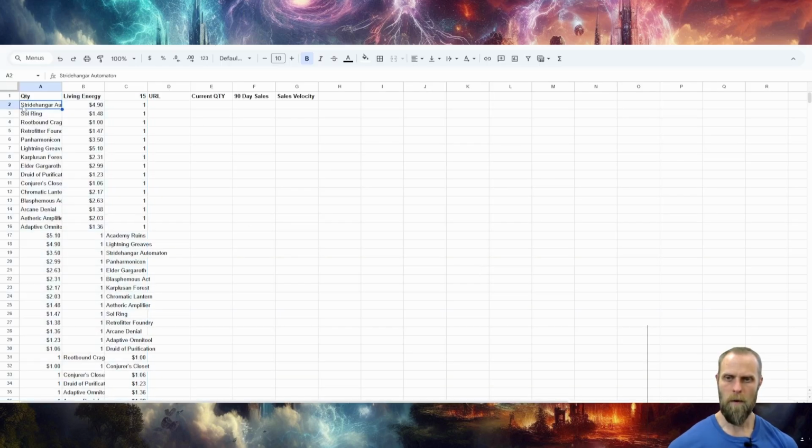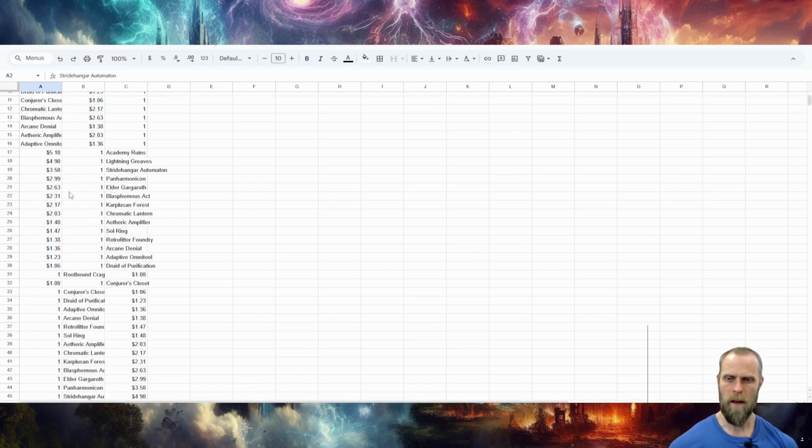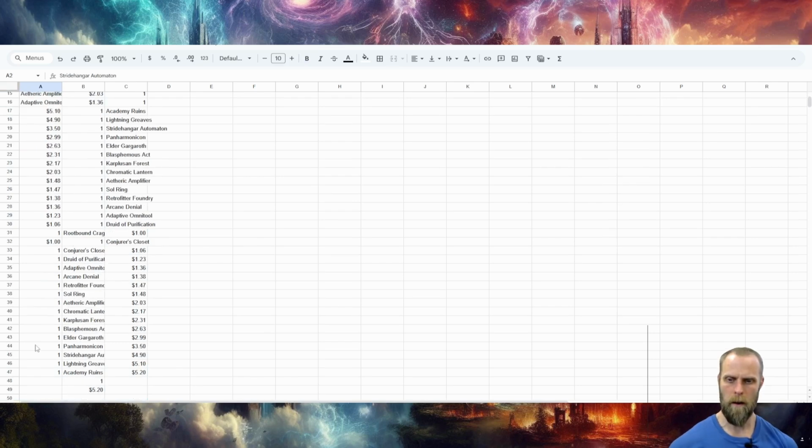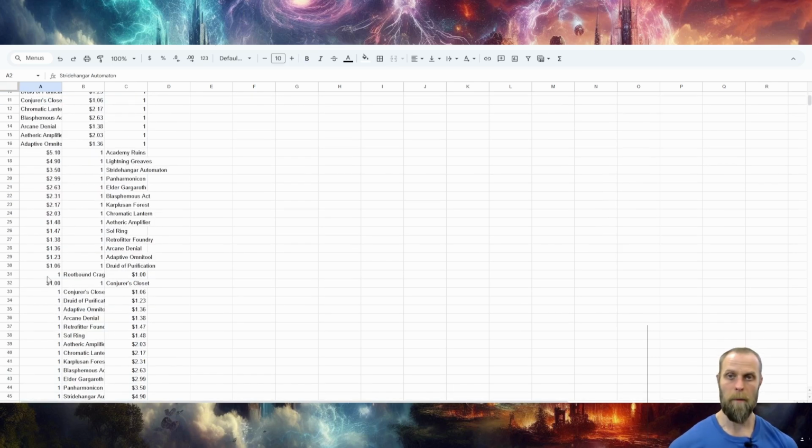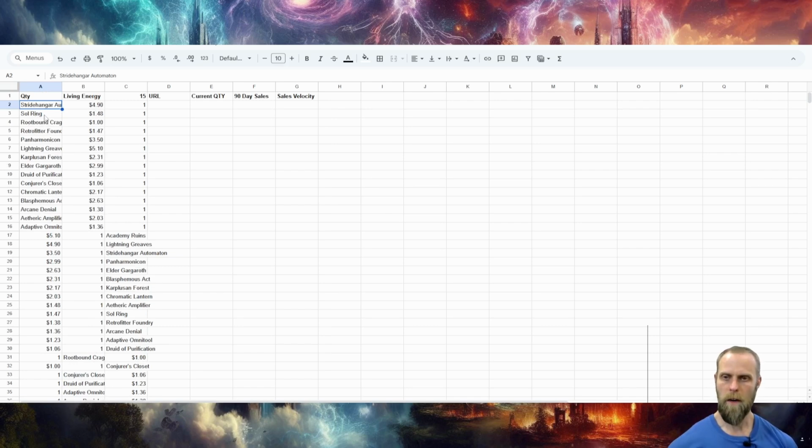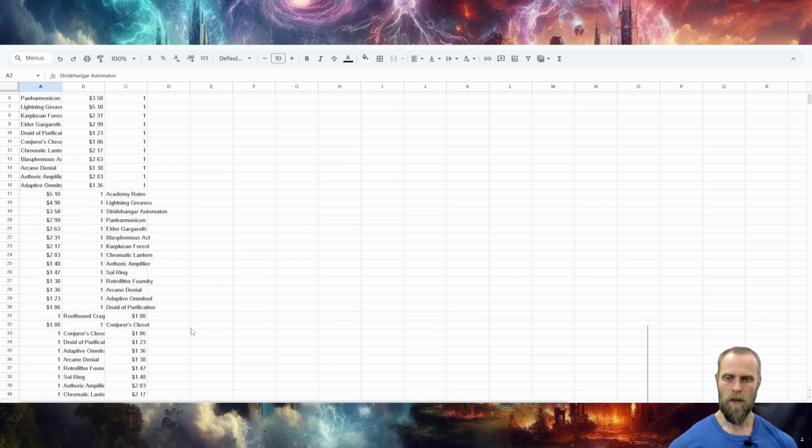And the reason for that is that's going to take everything that is more than $1 and put that up here at the top. And I care about that because sometimes things that are valued $1 and more include the basic lands, and there's like 6 basic Forests or 15 basic. I don't care about that. I'm not selling those. So up here in cell A2, hold the Shift button and come down here,